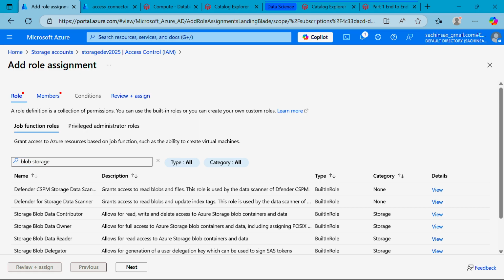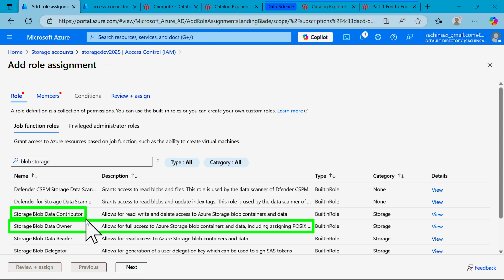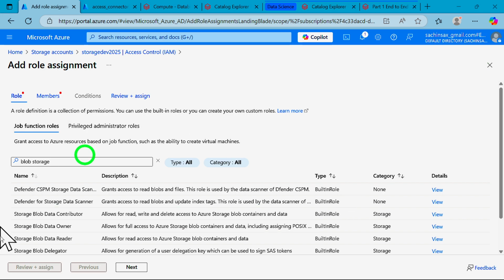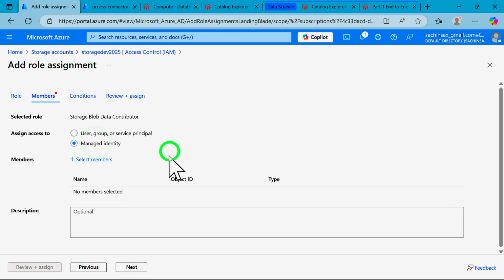This would be specifically giving full access to Azure blob containers and data, including POSIX and everything. If you assign this blob data contributor, it's going to allow read, write, delete access to your Azure storage blob containers. So I'm going to select this role, click on next,